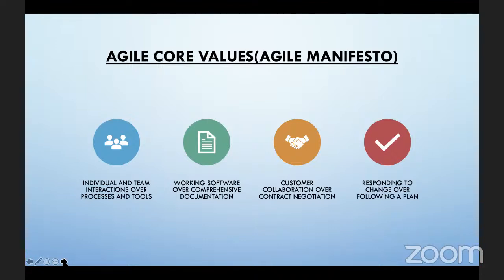No. In Agile, we want the team to be able to engage. We want QA to be able to ask development questions and ask what is going on. What's up with this feature? Because we're working together, we're moving concurrently, right? We're developing and testing in parallel, right? So individual and team interactions over processes and tools, right? In the waterfall methodology, there are so many processes. They respect and cherish the processes more. But in Agile, we say, no. Teams can collaborate. Team members can talk. They can get engaged and get going, right?